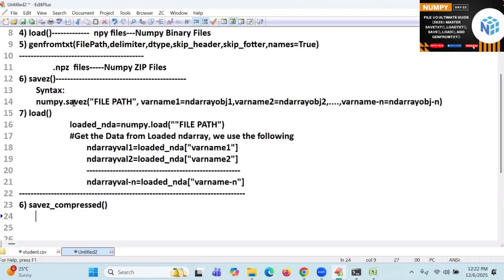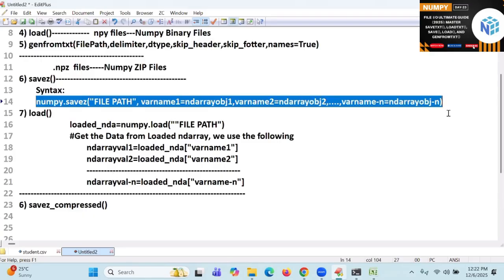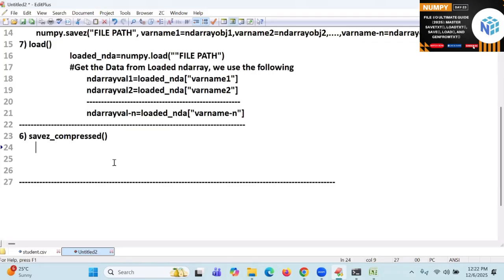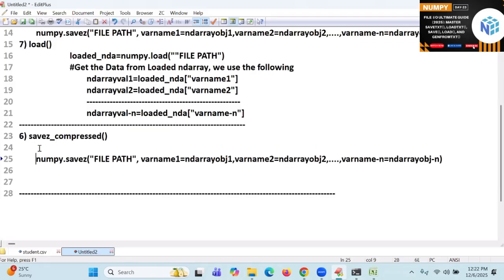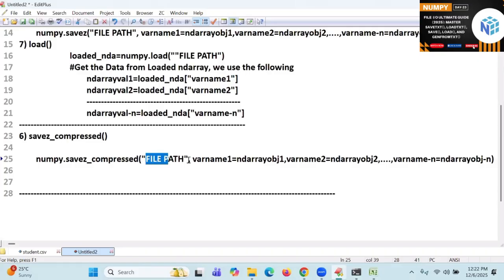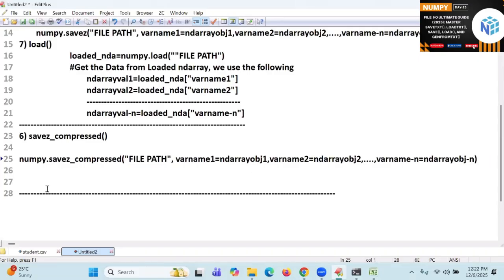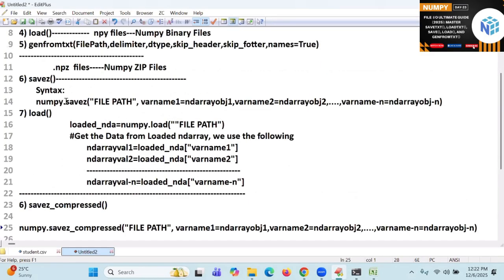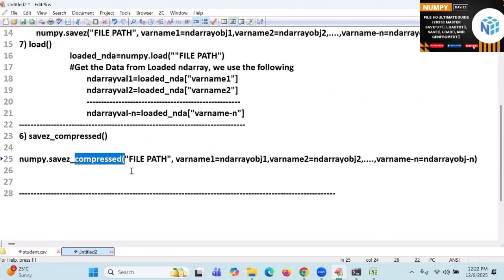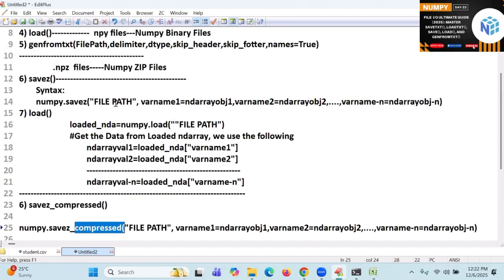Same syntax: numpy.savez_compressed, with the same file path and the same things. Savez stores in a normal zip file. This is going to give you still less memory space than your previous file. Are you following me now?